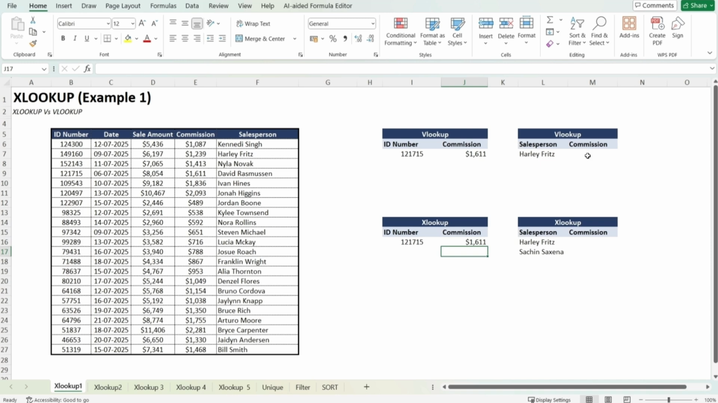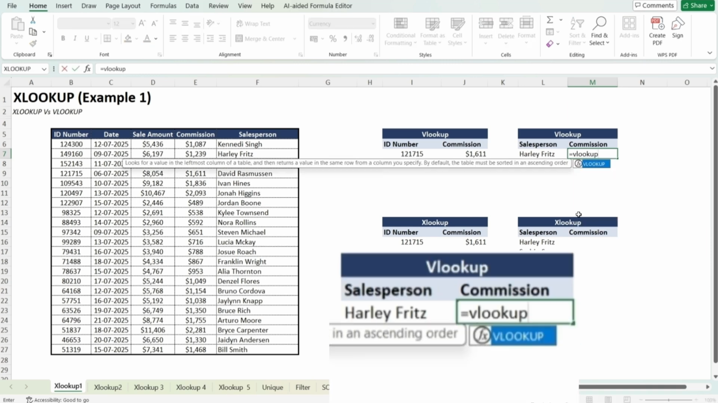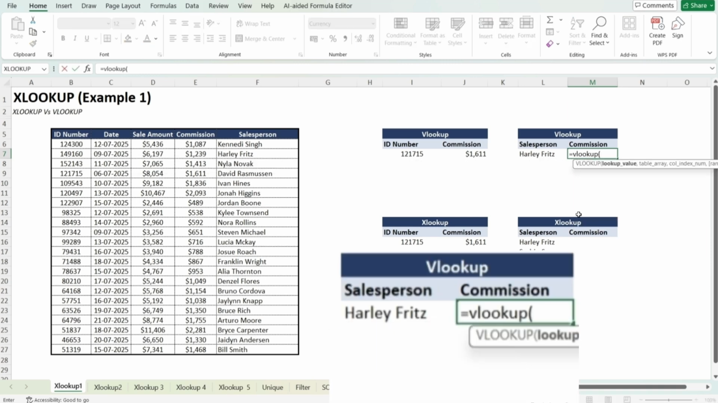Let's look at another example. So here we have the salesperson Harley Fritz, and we want to pull the commission earned by Harley Fritz. So let's see if we can use the VLOOKUP function over here. So we will type is equal to VLOOKUP, bracket open, salesperson is the lookup value, comma, we'll select the entire table, press Control Shift and down arrow key and Control Shift and right arrow key, comma,